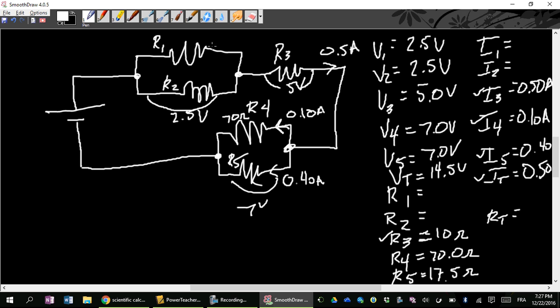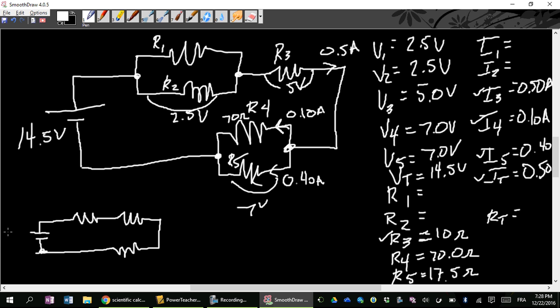I get the feeling I won't be able to find the exact values. I'll just be able to find the R equivalent of these two. So now this whole circuit looks like this. I'll draw a mini version here. I got this thing, and then this thing. Imagine it goes here. What was our volts? 12.5? No, 14.5. So this is 14.5